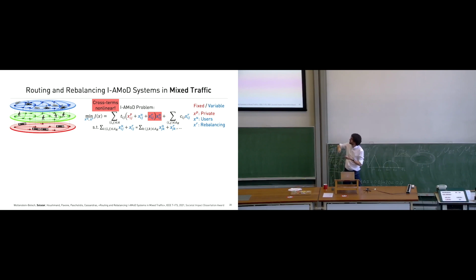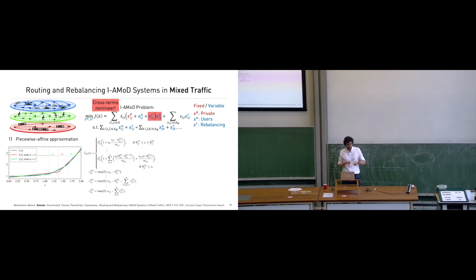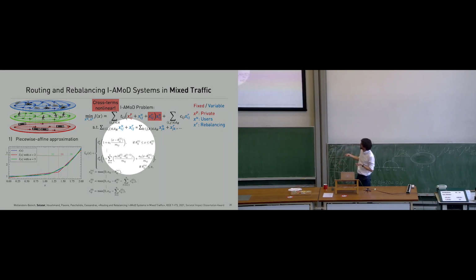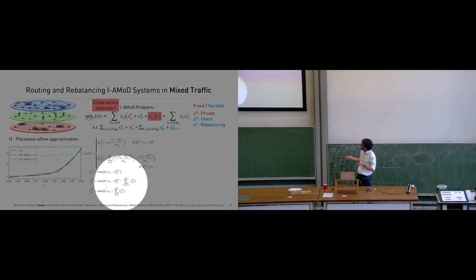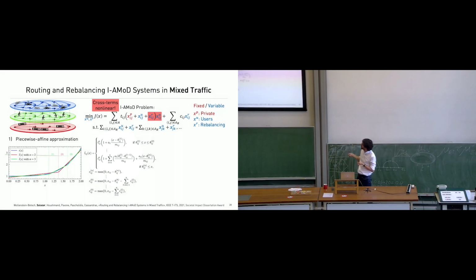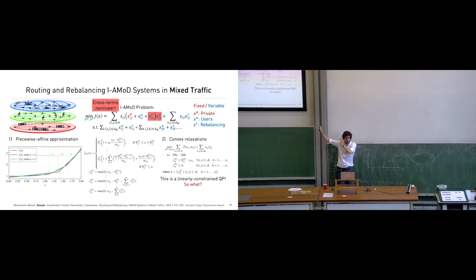However, we have some cross terms which are nonlinear and non-convex because of the empty cars, which you would see in a couple of years in optimization. So we do some piecewise affine approximations, some relaxations. Here I'm going fast and saying, I do some relaxations so that in the end I get a linearly constrained QP, which looks like this. And here I'm using the formula, but I'm being very, very explicit to the end. I can also say, you can check in the manuscript if you want more details. That's more or less how we do it.